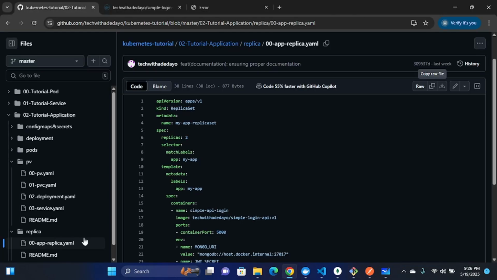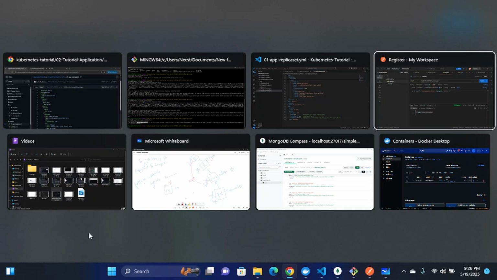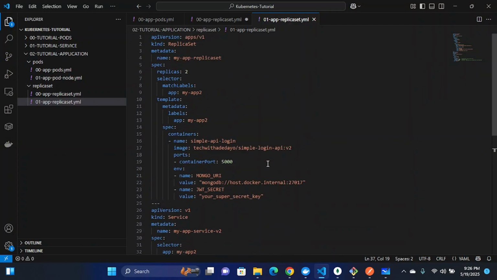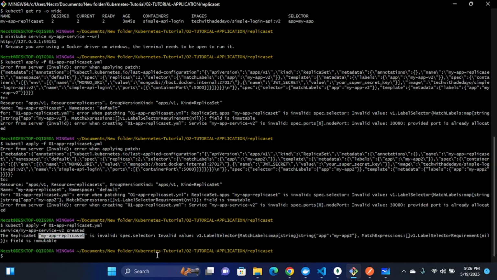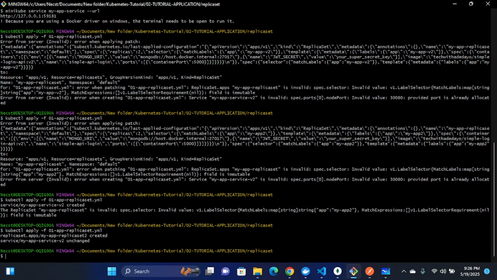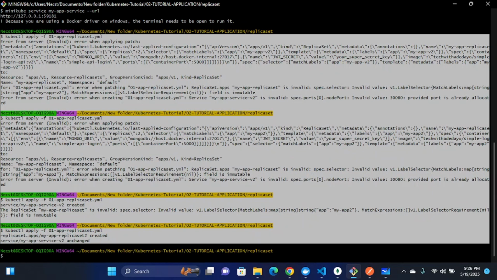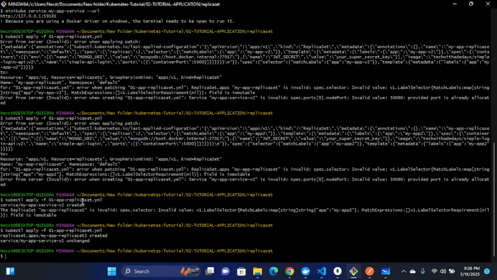So how do we fix this one? So let me go back. All right, so let's go back to here, and we're going to change the name to my app replica set 2, and this time it's going to work. Now if we do it again, and the replica set has been created. Look at all the issues we faced on the replica set. If it was deployment, we could have just changed a single line to fix this, and it would have been solved. So with that being said, now let's say Minikube